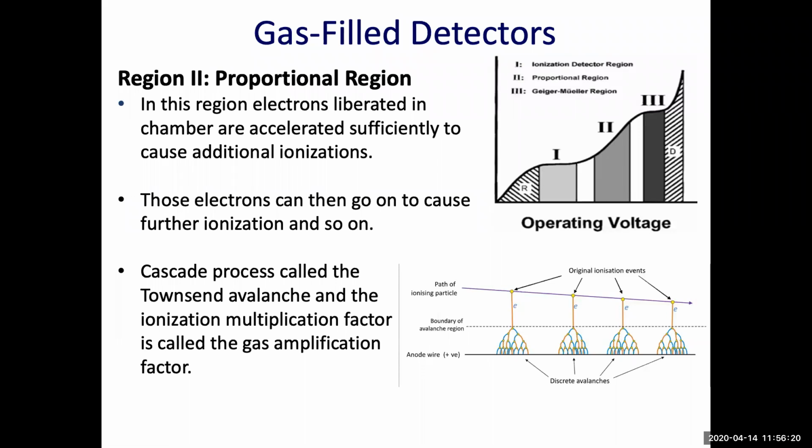So we are still in the gas-filled detector. The second region of the operating voltage is called the proportional region. In this region, voltage is increased to a sufficiently high value, and the electrons liberated by the radiation are accelerated toward the positive electrode and cause additional ionization in collision with other atoms in the gas. So we can see here the